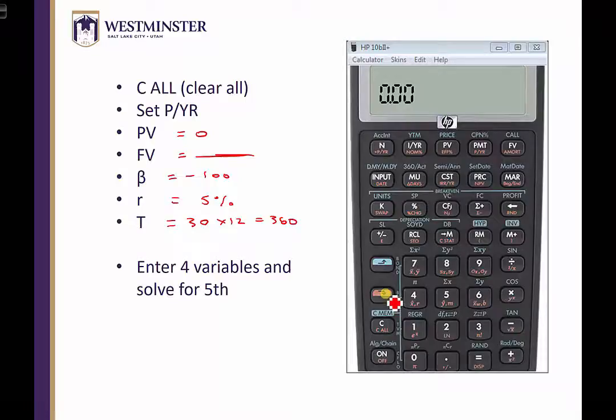So to do this, secondary clears the register. Then we want to go 12, secondary PYR, sets it up for 12 periods per year. And then we're going to start feeding variables. 0, present value. 100, change sign, payment. 5, I divided by YR. 360, N. And when we solve for future value, by simply touching the future value key, we're going to find that the future value is